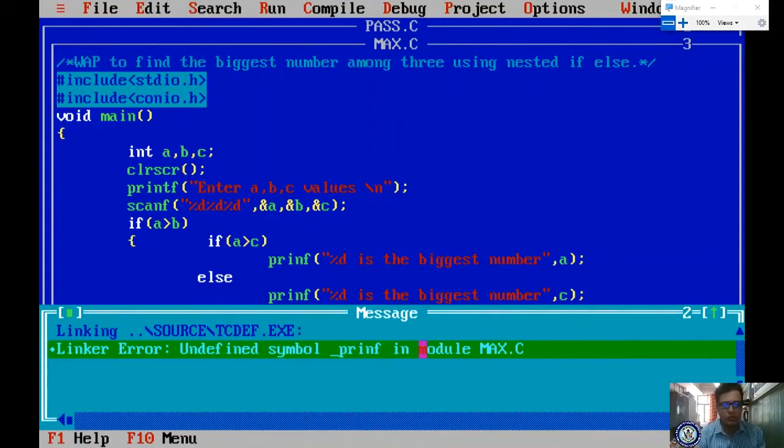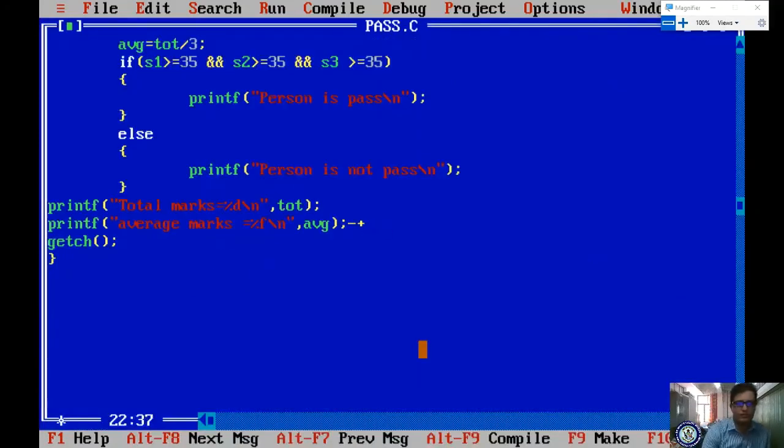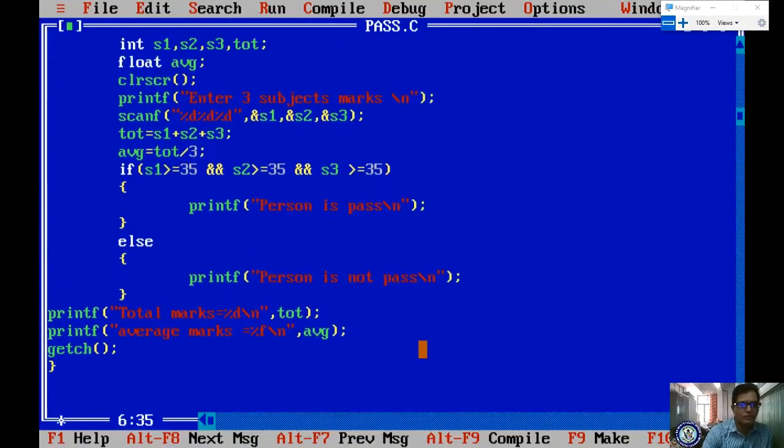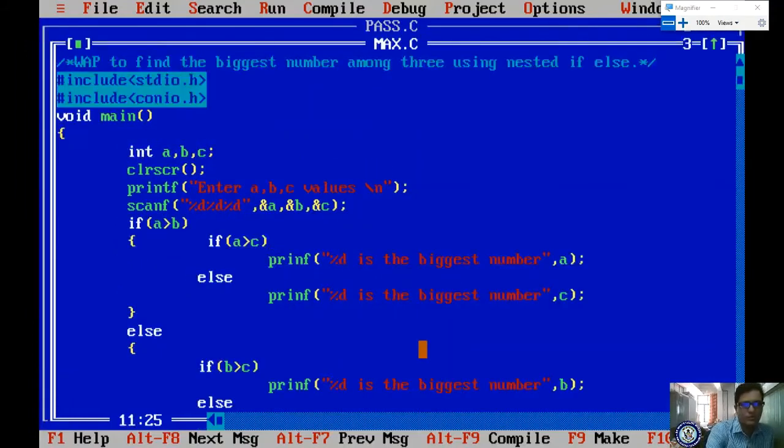Then how to do that? You have to press the function key F6. I am pressing the function key F6. Okay, so yes, now I am getting here. Where is the printf? We have to check. Is there any printf or not? It is our program. Our program is this one, right? Here it is almost printf. Okay, it is a mistake, right?